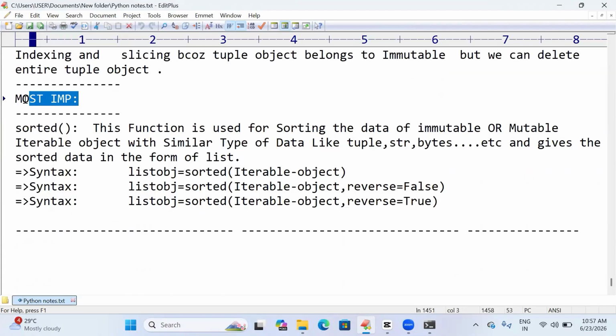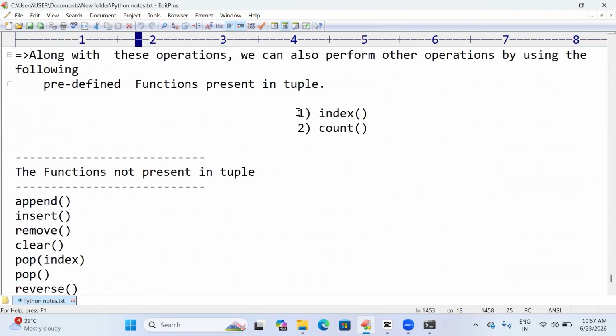So before seeing this most important sorted function, we are going to see the index function and the count function. Now I'm declaring a TPL, and I want to access the index of the TPL. In the tuple data type, we have only two predefined functions. They are index and count, right? Let's see the syntax directly. So the tuple object, here the tuple object is TPL dot